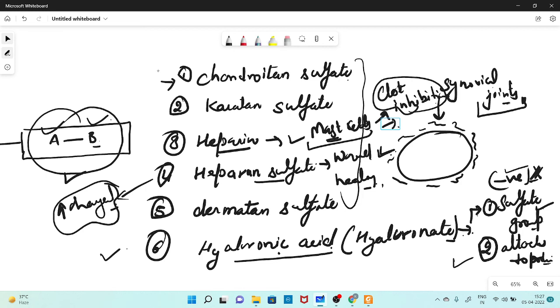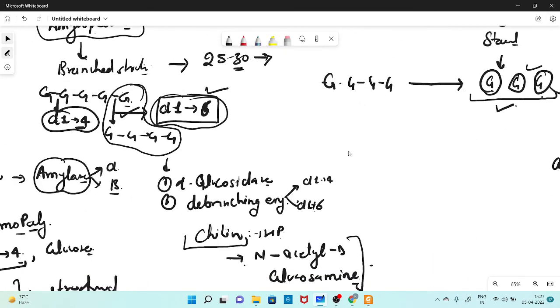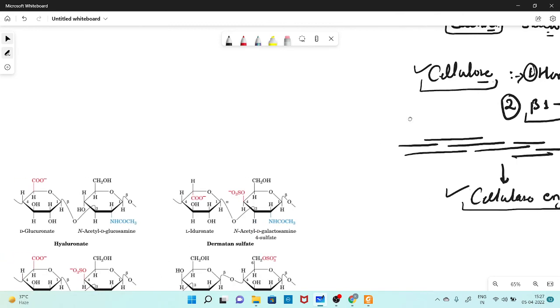Right? Next one is keratan sulfate. It is not the keratin which is present in the hair. It is different than the keratin, right? So keratan sulfate is different. Chondroitin sulfate is also different. So now let's see their structure. What are their structures? Your heteropolysaccharides actually have,